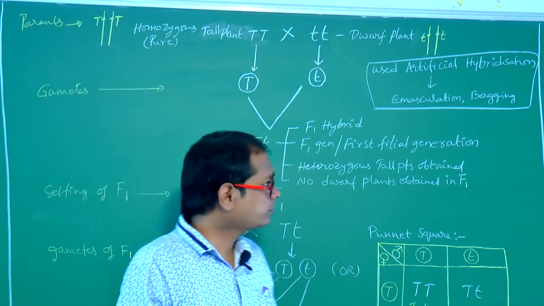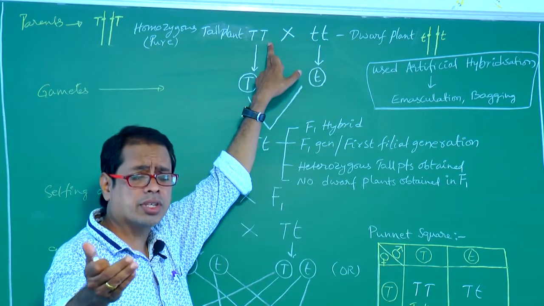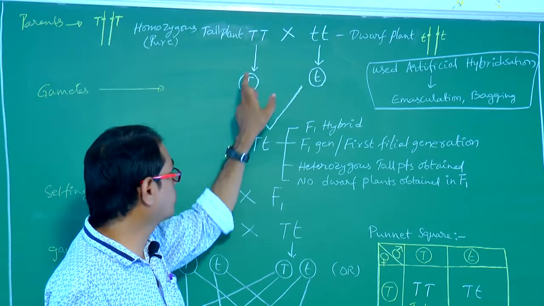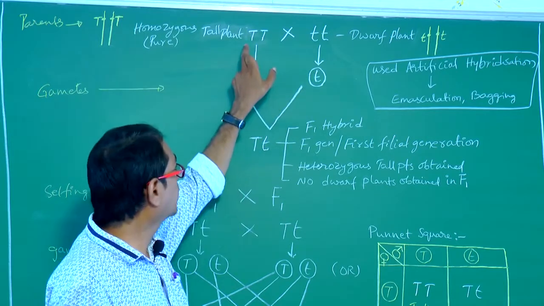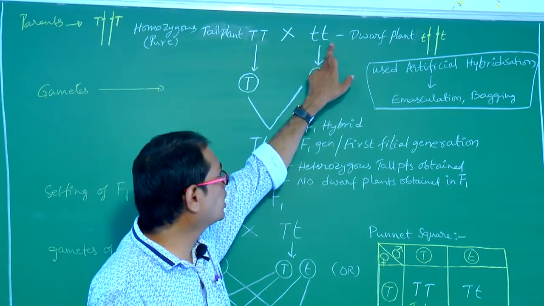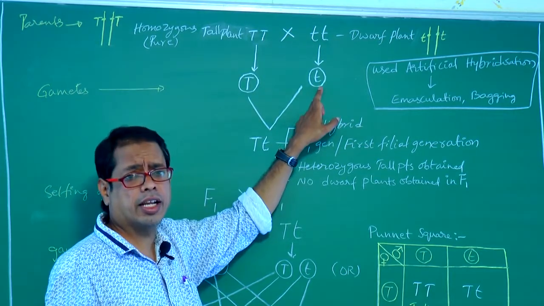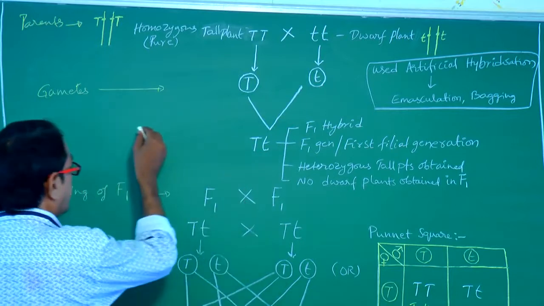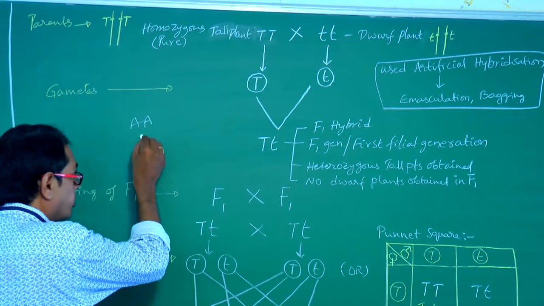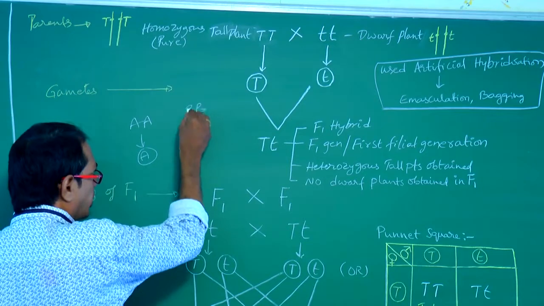Okay, so two alleles are there. During gametogenesis, 2n becomes n gametes. Like that, a parent with two alleles produces gametes with one allele. Capital T produces a gamete capital T. Small t produces a gamete small t. Like that we have to write. Suppose the parent is capital A, what is the gamete? We have to write capital A. If the parent is capital B, what do we write?